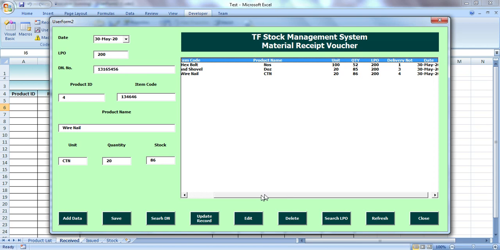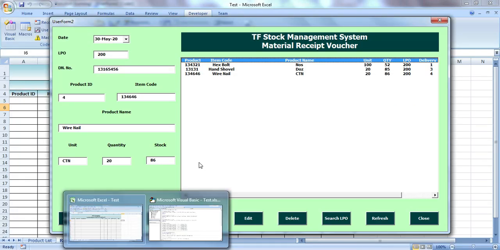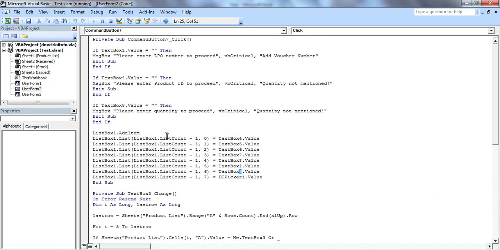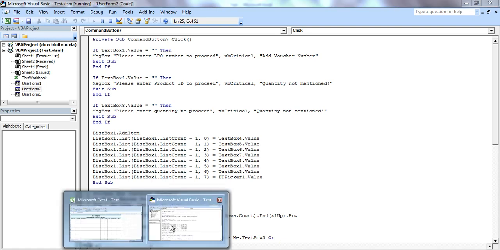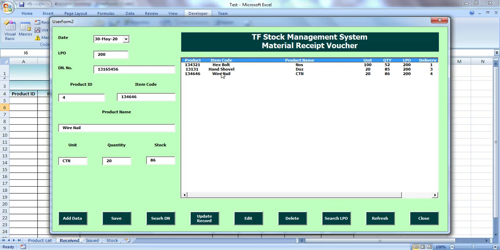So you can now understand this list count, this part of the code, ListBox1.ListCount - 1. This is actually used so that when we enter a new value, it goes down to the last row.